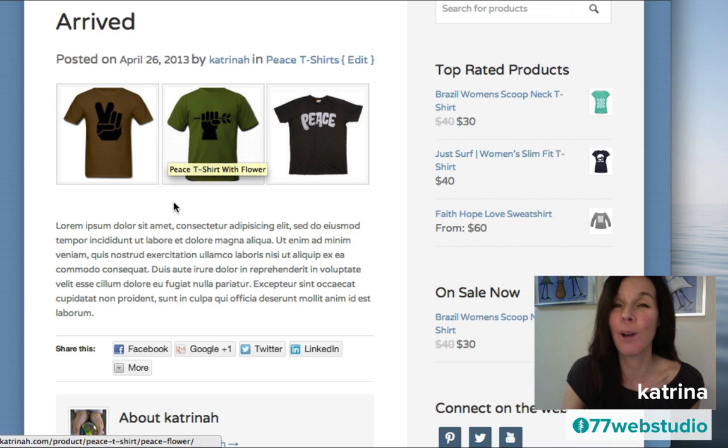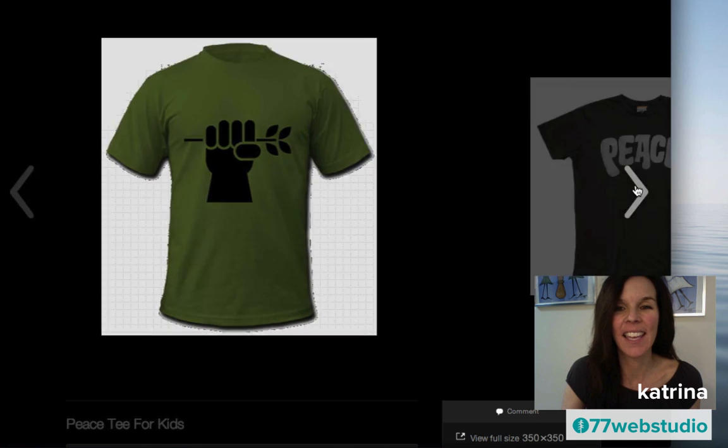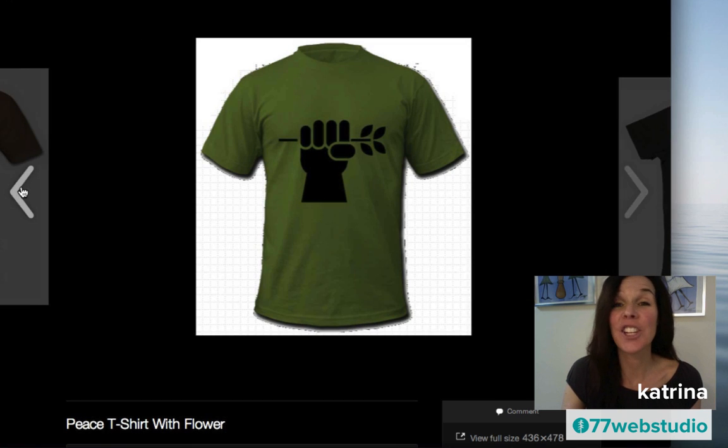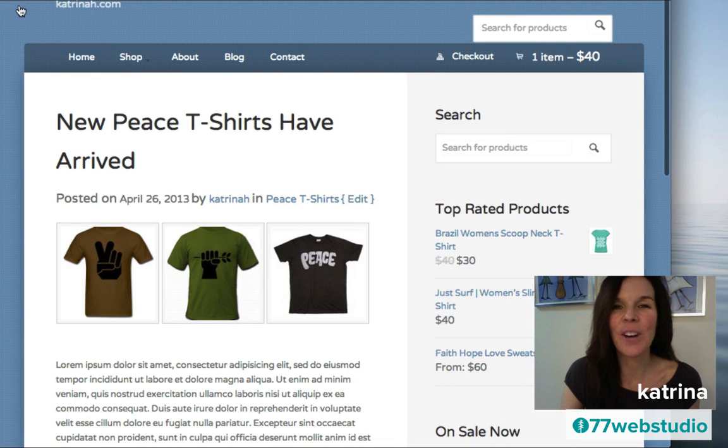This is different from the product gallery. So this is just an image gallery. You can include any kind of images here within the image gallery. And when I click on one of these, just as an example, we can see it also opens up into a Lightbox display, which is really cool. I love this Lightbox display. And you can see larger versions of the images in your blog post. Now this particular Lightbox display is really neat too, because anyone who sees it can also add a comment right here, and there's some metadata related to the image. So I'll show you in the video how to create image galleries within your blog post.